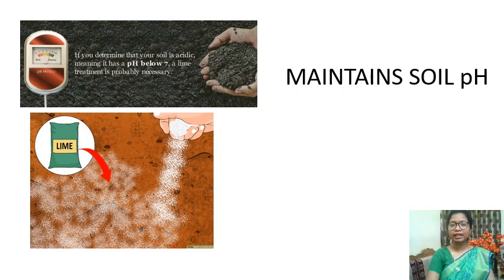Now, how can we maintain soil pH? When the soil is acidic, we have to add a base, that is lime treatment is done so that the soil is neutralized. So here lime is applied, and when the soil is basic, we have to add acidic substances, like we can use organic components, or we can use compost which releases acidic substances in the soil, and it will neutralize the effect of basicity, and also it can treat acidity of the soil.